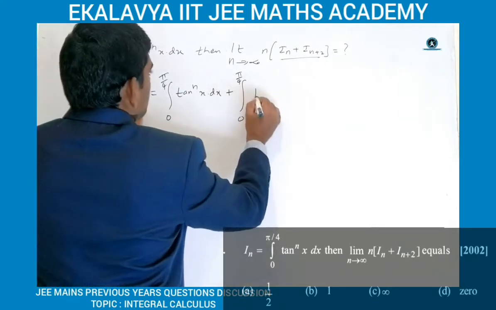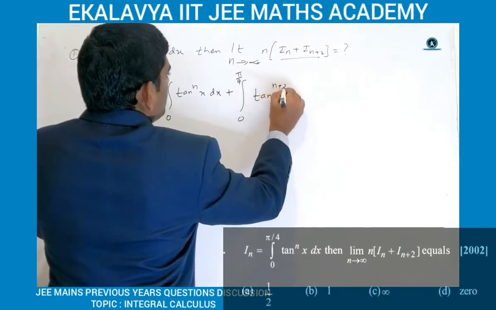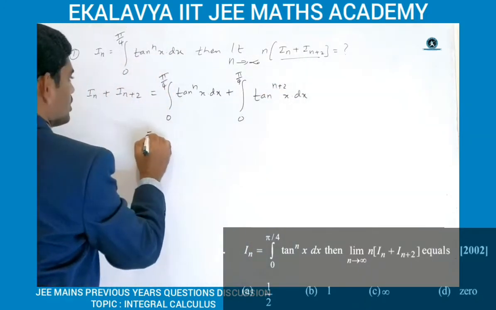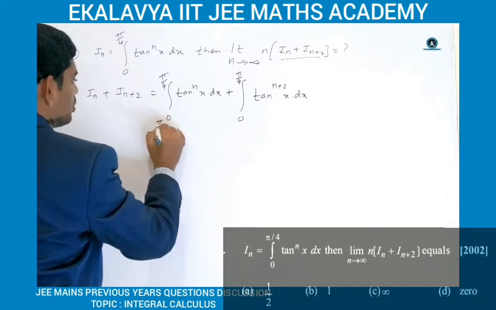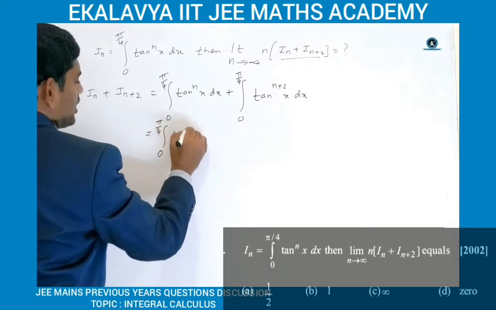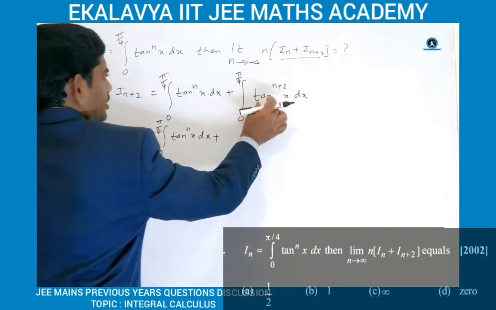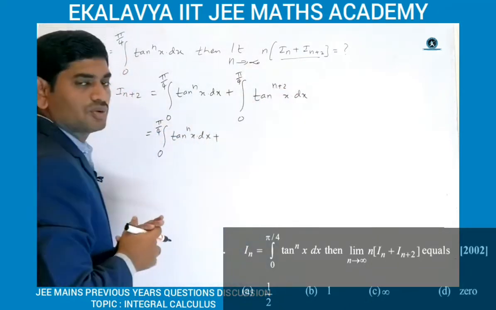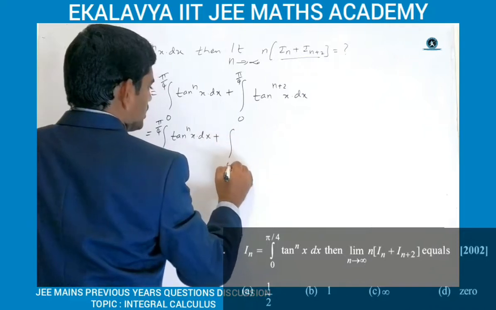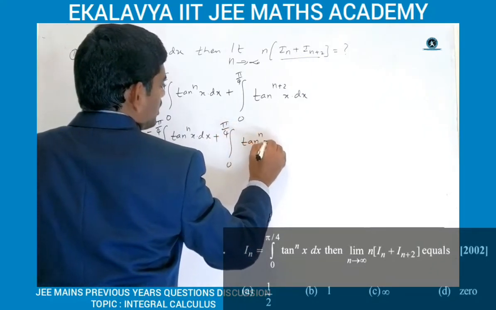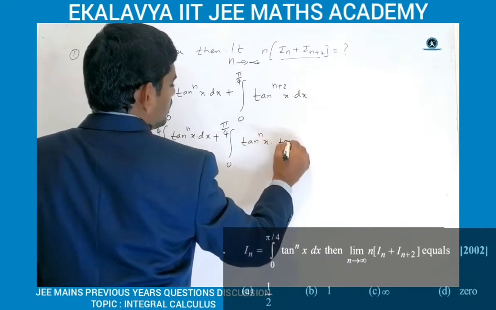Then it becomes tan power n plus 2 x dx. So which is equal to integration of 0 to pi by 4 tan power n x dx plus tan power n plus 2 x dx. We can also write integration of 0 to pi by 4 tan power n x into tan square x dx,